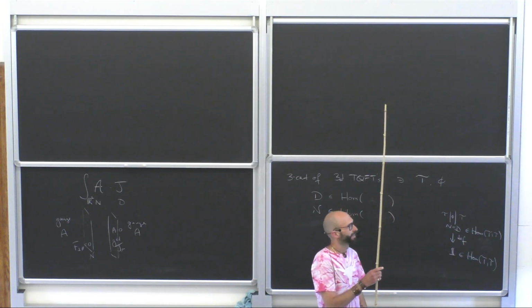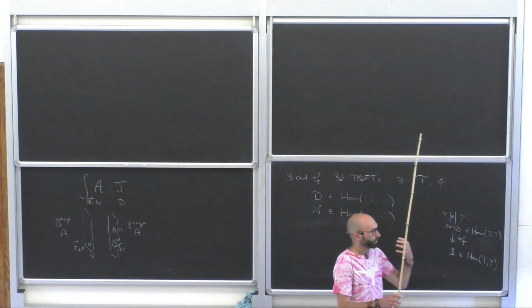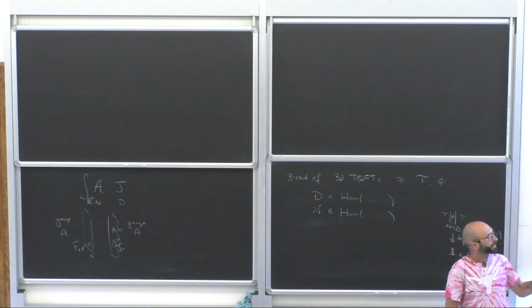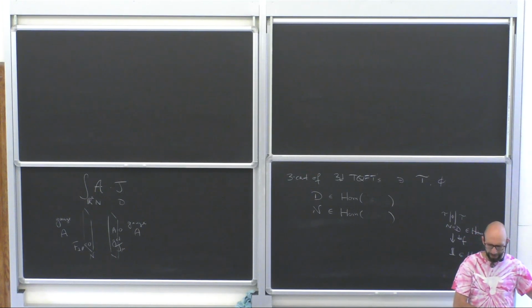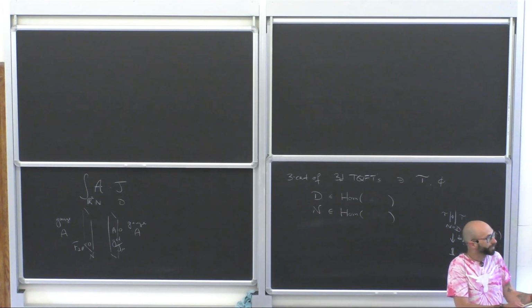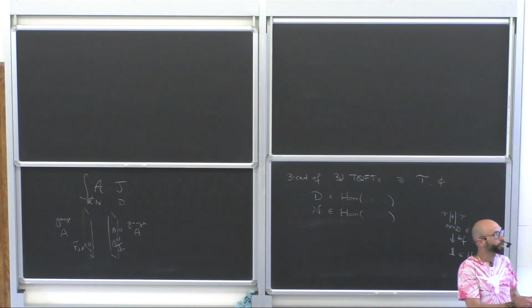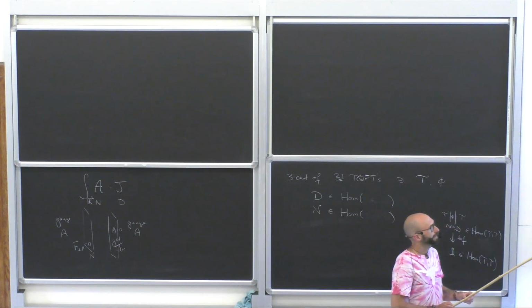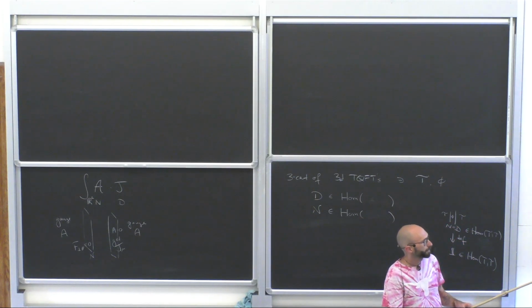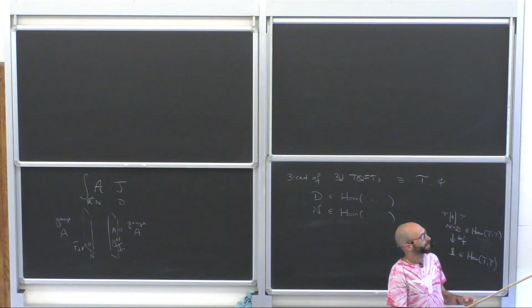That is an interface that morally allows you to relate lines in the bulk to vector spaces. Vector spaces are what lines in an empty theory look like. This sort of thing allows you to relate lines in the interesting G theory to lines in the T theory. And so you know what lines in the T theory look like, and you can recreate lines in the G theory. So this interface between G and T exists non-perturbatively and is topological, but there's only one of them